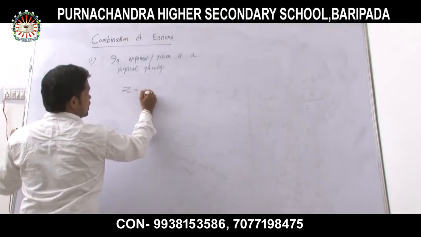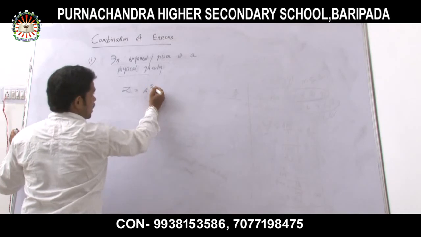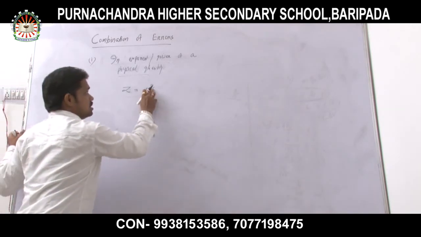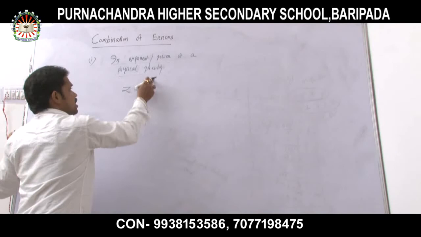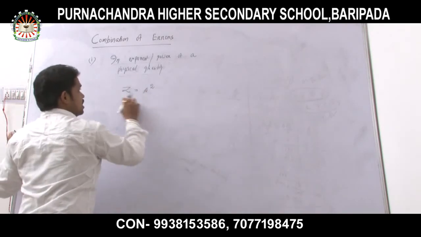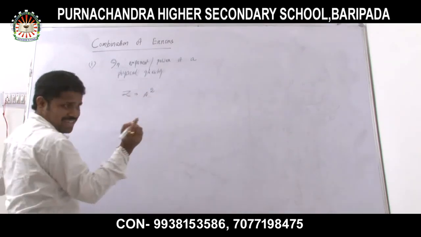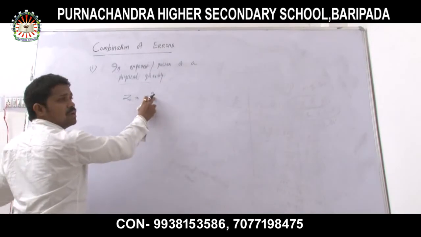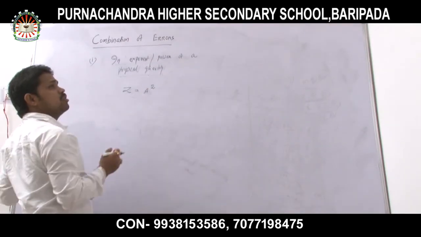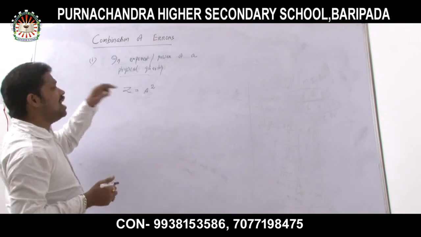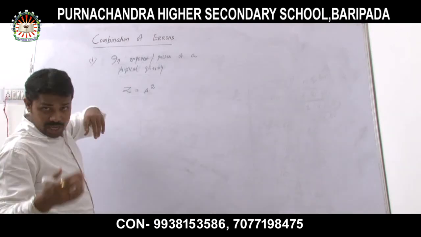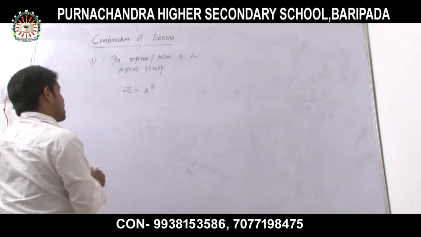That means suppose a physical quantity in this way it is given, that is a square. So a square means this is my power of exponent, and in this case, listen very carefully, which was my physical quantity? A is my physical quantity whose power is given a to the power 2. And what are we going to find out? Now we are going to find out the error in case of this. So how to find out the error?